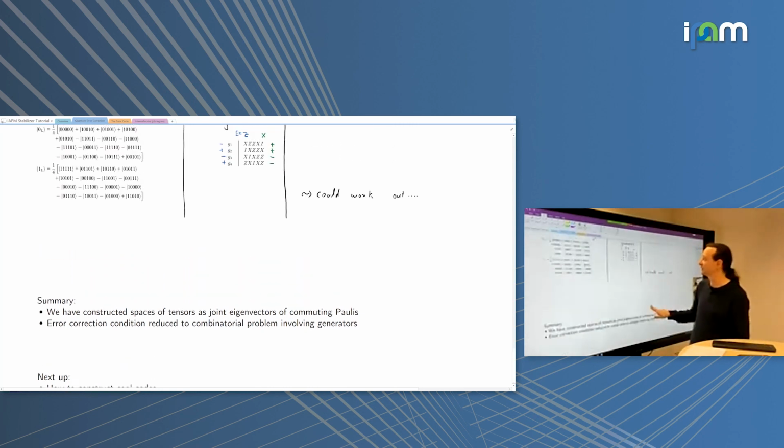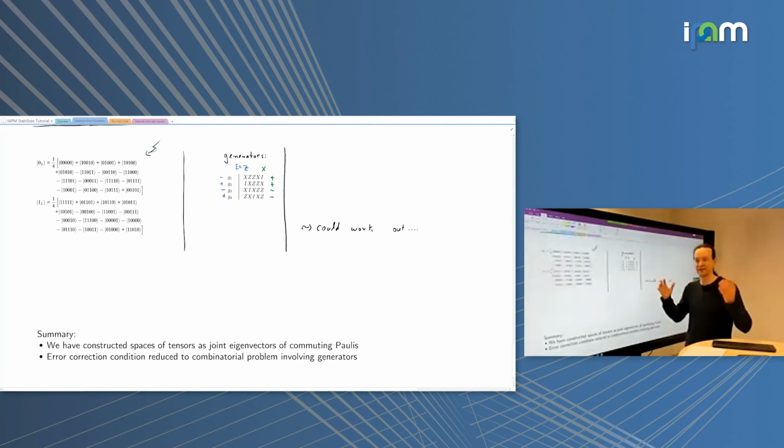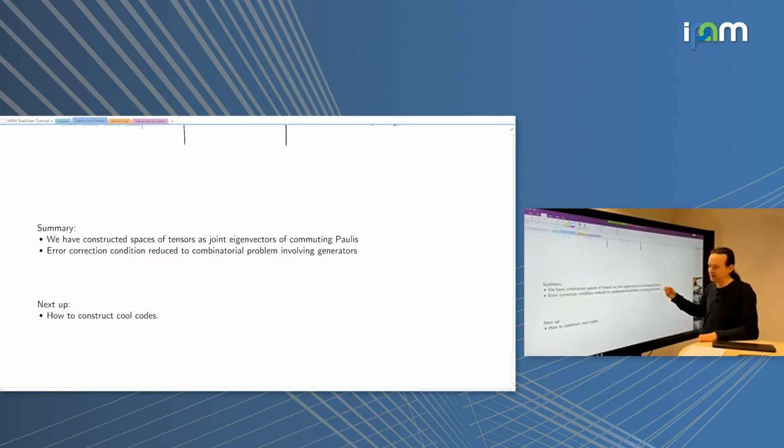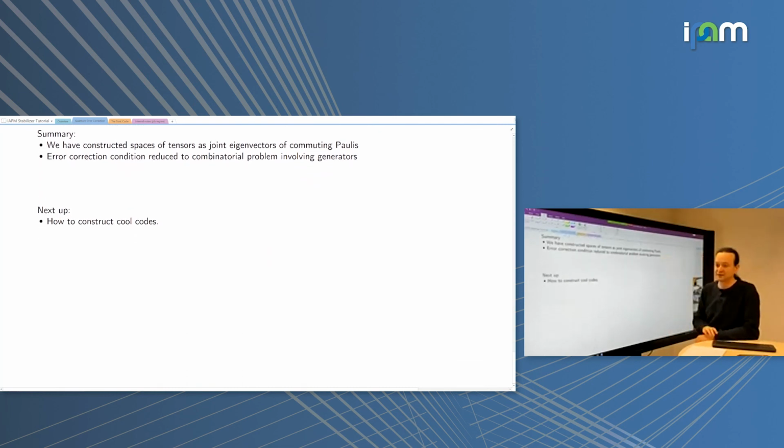Now here there were only 16 conditions to check, but in general, if n is big and d is big, there are exponentially many conditions in n and d to check, so we can't do this. But there are some smart constructions, in particular this toric code construction I want to tell you about next week, for how to derive good quantum codes without running into combinatorial explosions. Okay, and I've used up my time.